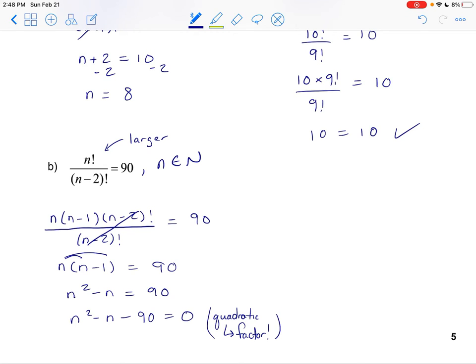So what are the factors of minus 1 and 90? So we need to find two numbers that are going to add to be minus 1, but multiply together to be minus 90. Thankfully, that shouldn't be too tough, because, well, 10 times 9 is 90, and 10 minus 9, or 9 minus 10 is minus 1. So that gives us, and I'll move up here, that gives us, so a negative 10 and positive 9 are our factors,